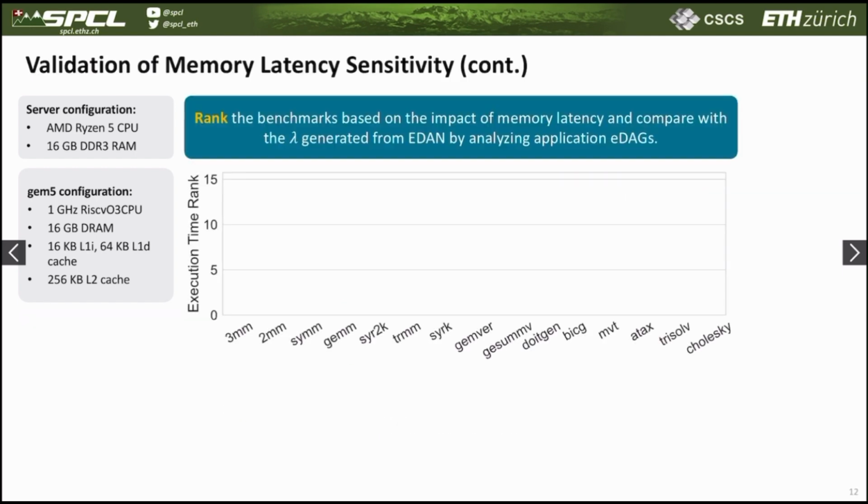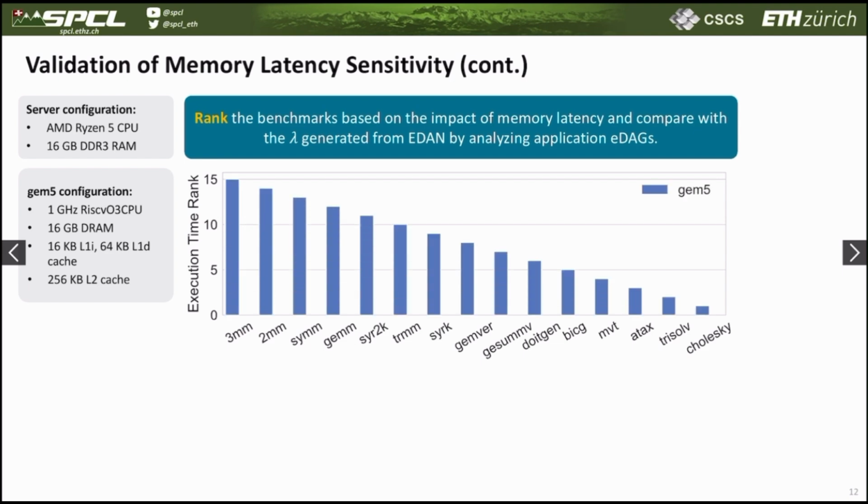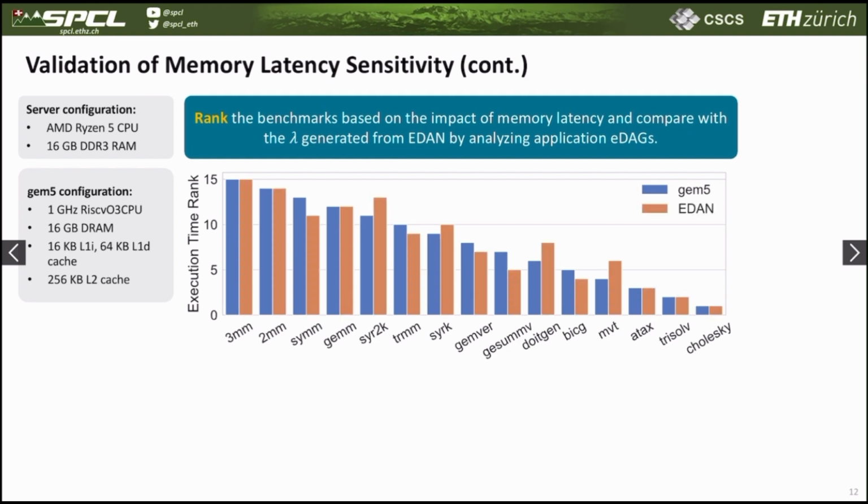So now we did the same thing. We now plot it differently. We now sort them by steepness, based on the Gem 5 output that you just saw and on the EDAN lambda parameter. And you see that we are not perfect. Basically, our largest error is we are off by 2. But for most benchmarks, we